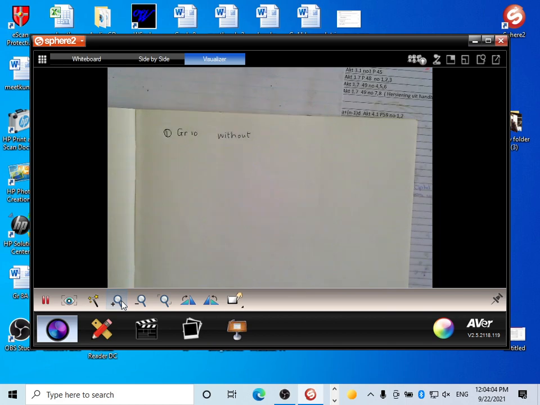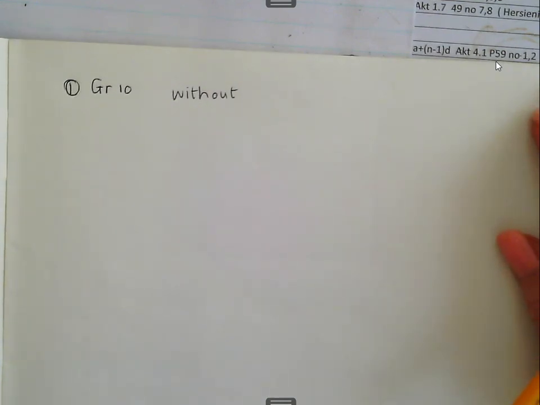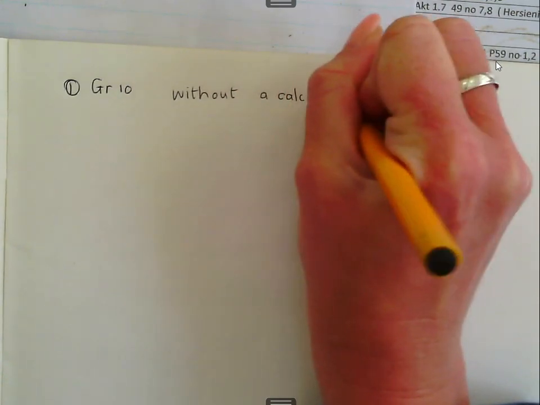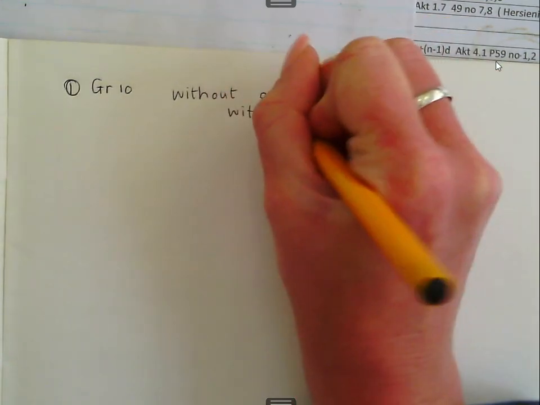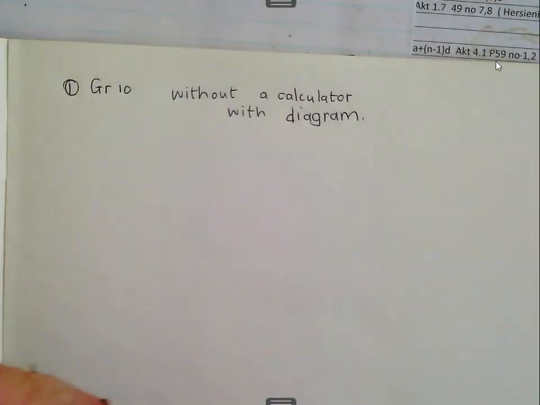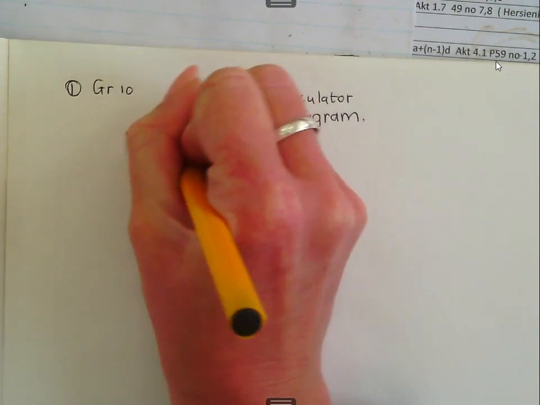Okay, you copy as I go. Right, listen and copy simultaneously. The first thing, or the first question, those of you who've started working out question papers will have noticed, the first question is that grade 8 sum, where they say without a calculator, with a diagram. With these sums, they can give you the diagram. So if they give you the diagram, you don't have to draw it. But if they didn't give you the diagram, you're going to have to draw it. And it goes along with an equation that might look something like this, and also a restriction.